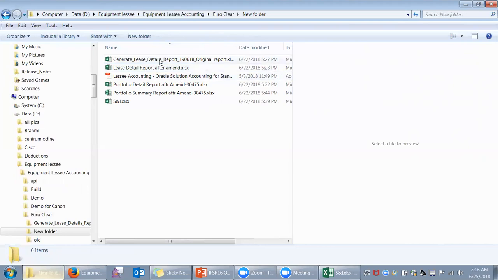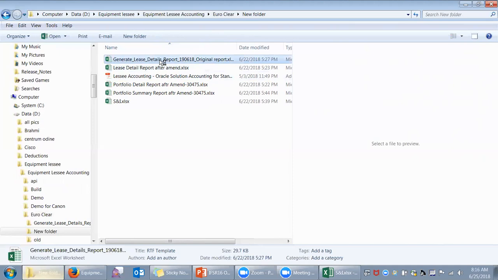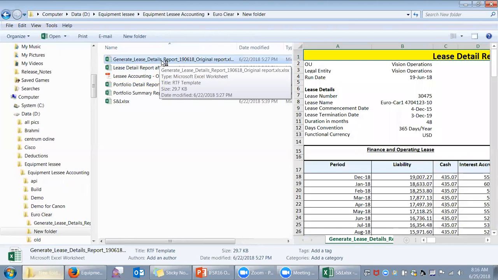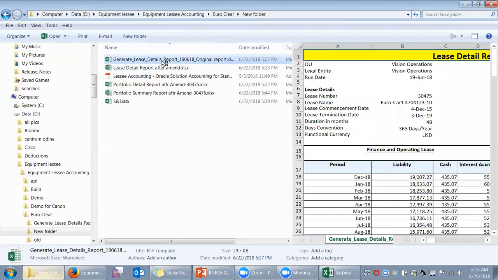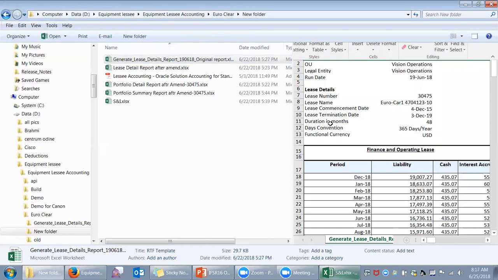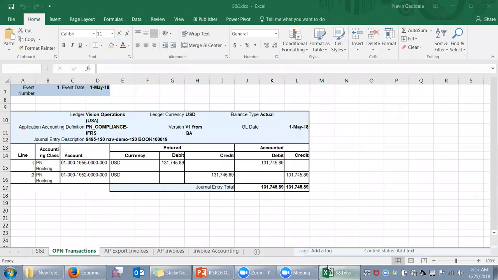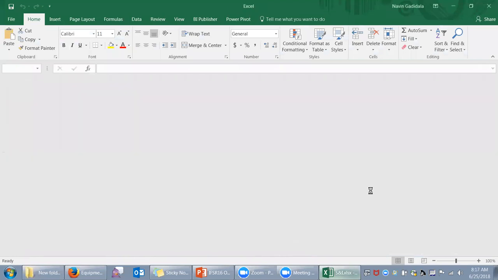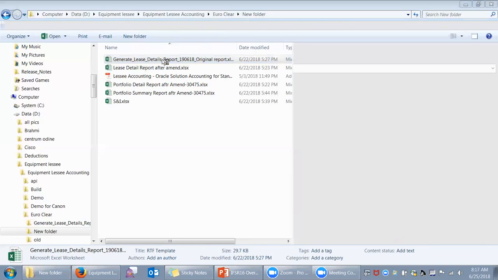So the original report, remember I performed an amendment on this. I added a payment term, but the original report looks something like this. The same reports also continue in phase 2, and these reports are the basis for all your booking and revisions and so on. So the base information is not changing. Okay, let me pull this one. So what are we saying here? When we look at the report,